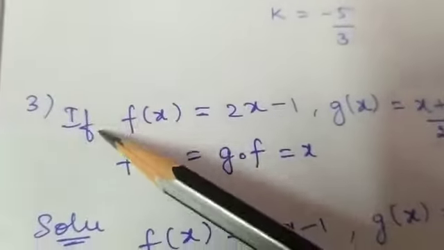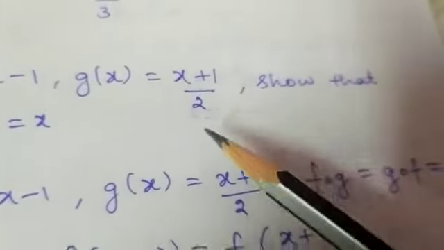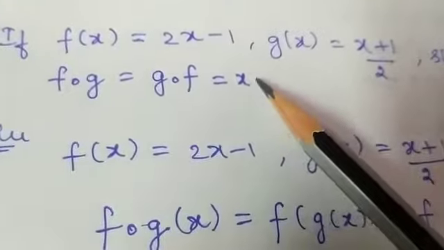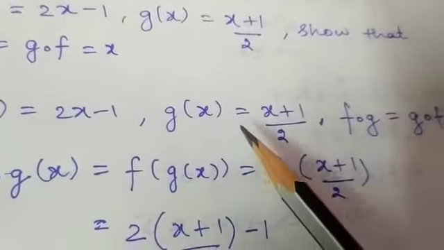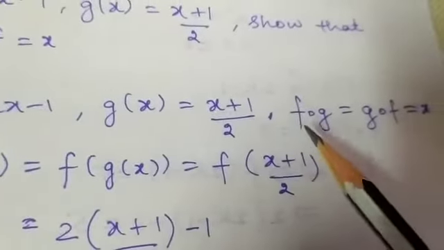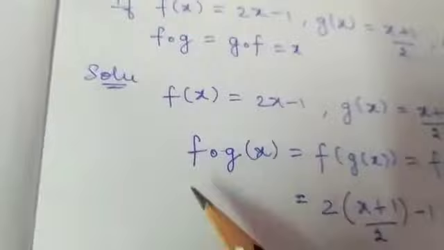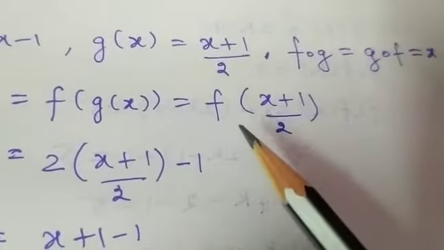So my third one is: if f(x) = 2x - 1 and g(x) = (x + 1)/2, then we have to show that f∘g = g∘f = x. So f(x) = 2x - 1 and g(x) = (x + 1)/2, and we have to show f∘g = g∘f = x. So the solution is (f∘g)(x) = f(g(x)), that is equal to f of,